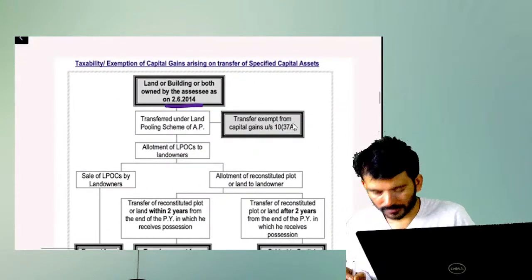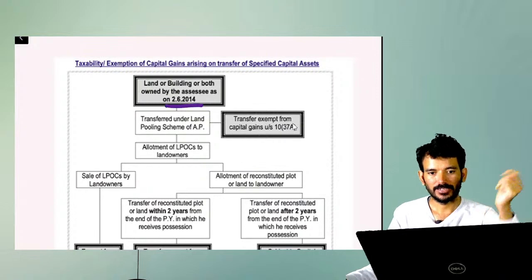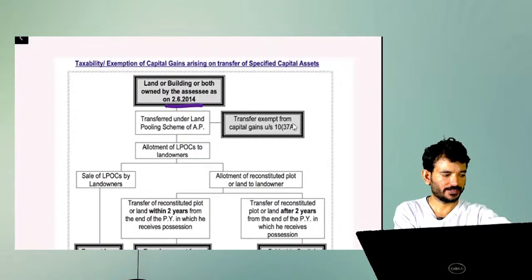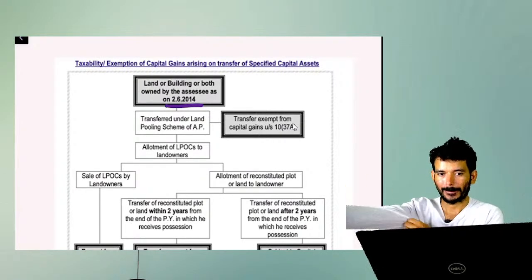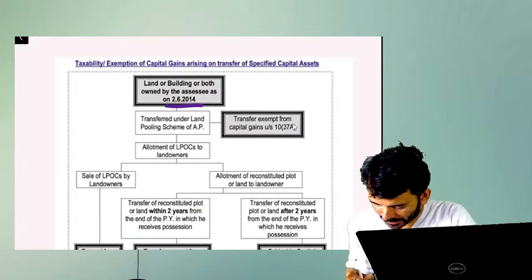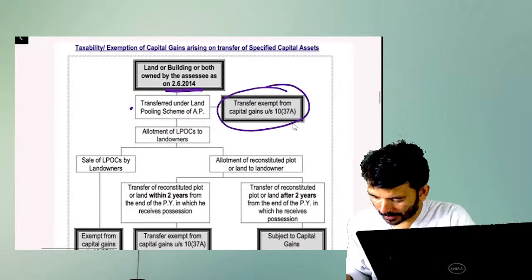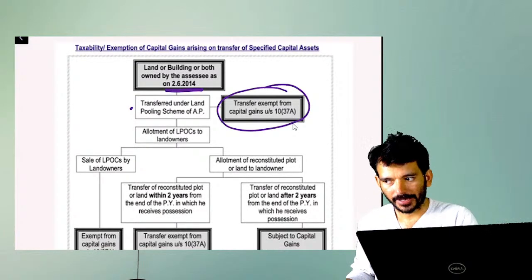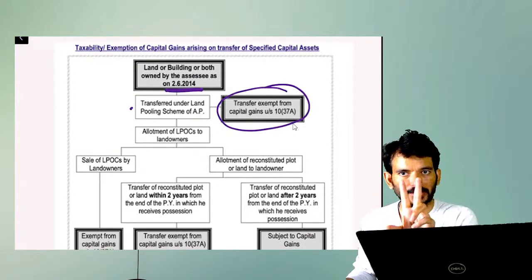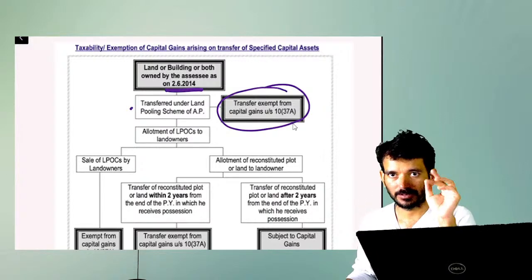So 2nd June, you might be knowing this date. On this date, the act has come into effect or the state has been formed. Transferring under the land pooling scheme of AP, it is exempt under section 10(37A). Ante farmers, when they are giving their land to the government, it is exempt. Konni conditions lalla